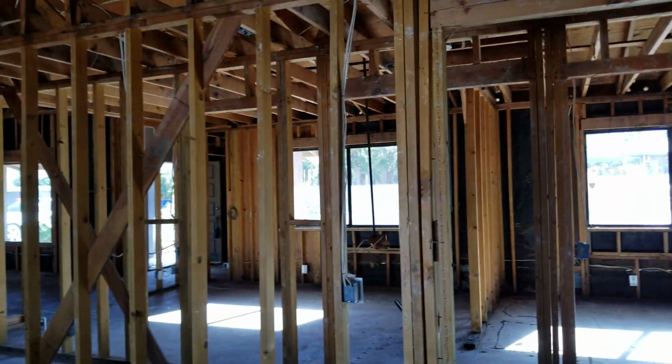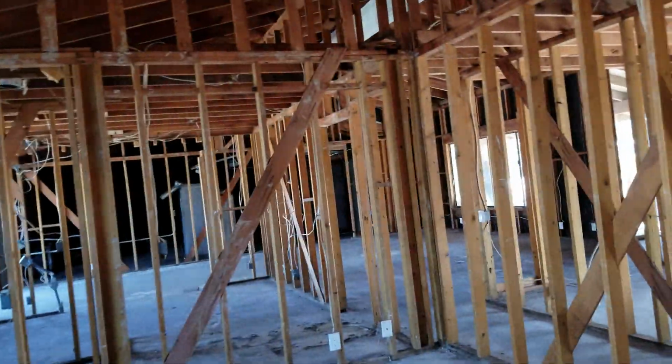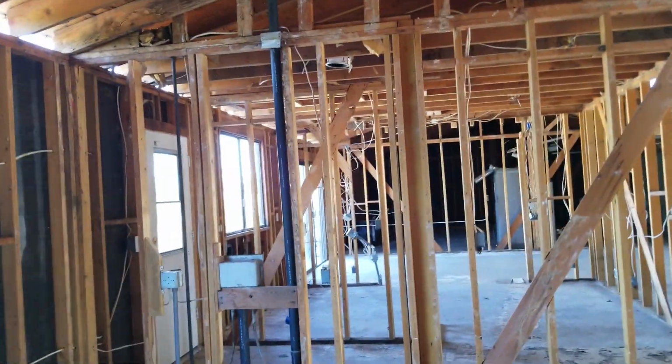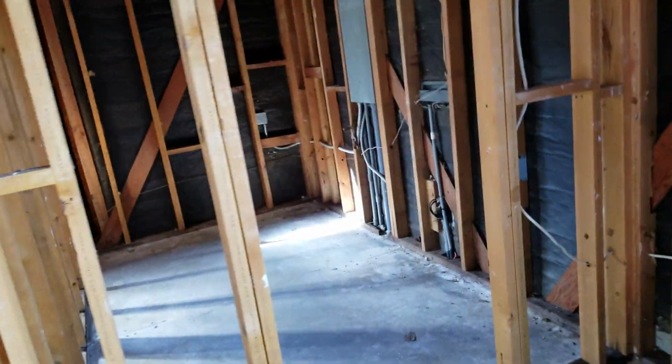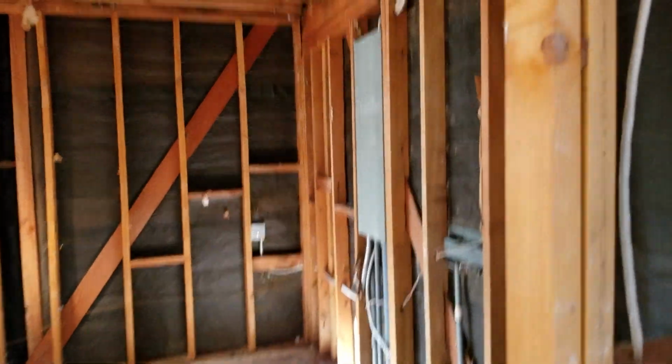So we have the electrical in, we have the plumbing in. Okay, we've got gas in. We've got all your utilities in. What needs to be done is the finish, okay, and pulling it all back together. This is a walk-in closet, by the way, within the master bedroom. And then from that there,